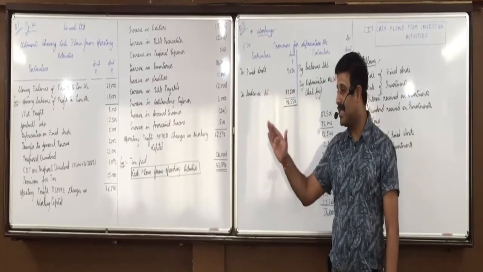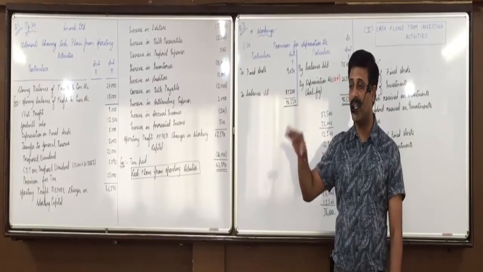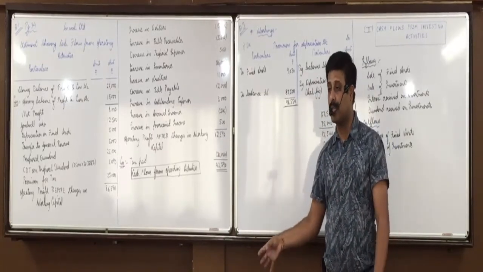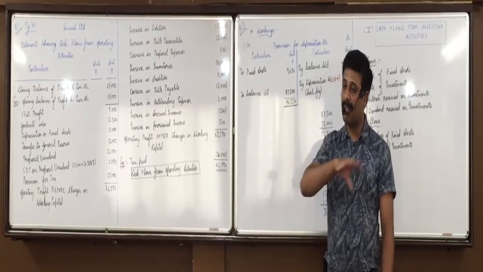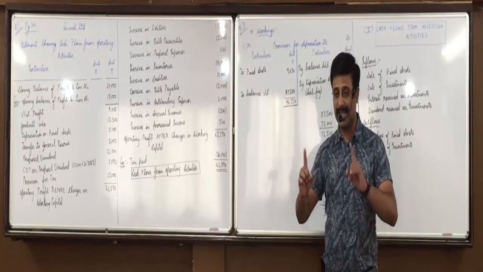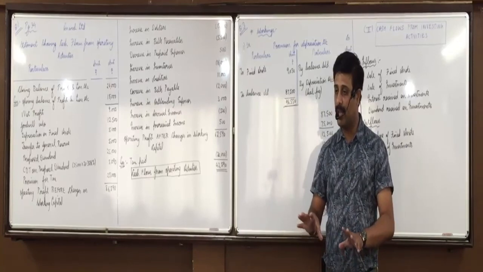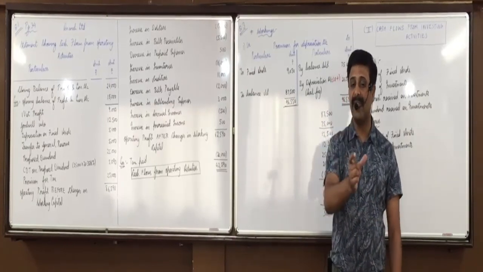After this chapter is over, I'll give you two to three homeworks. The same question you solve by fund flow statement and the same question by cash flow, so that you understand the difference between them. Marking will be done in the class for both of them. And then you understand the perfect difference in fund flow, what effect is to be given,